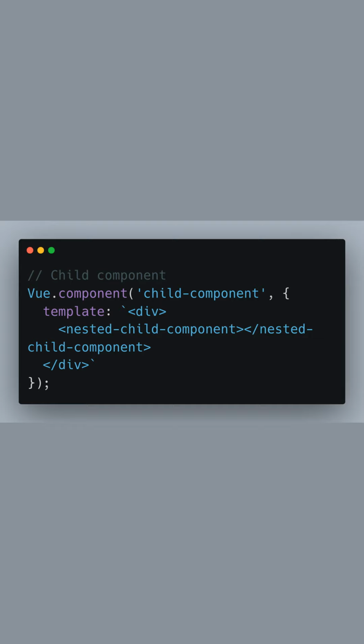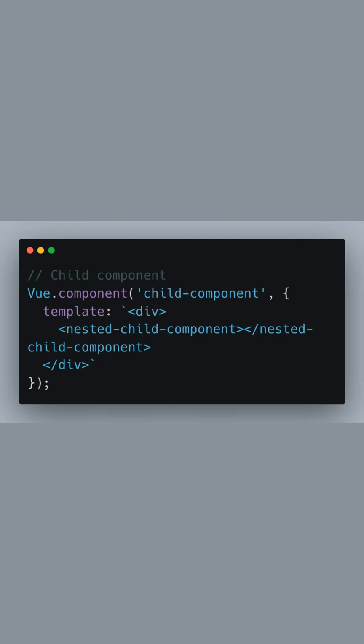Moving on to the child component, which we've simply named child component. Notice that within its definition, there's no need to use provide or inject. The template only needs to declare the next component in the hierarchy, which is the nested child component. The child component acts as a bridge in our component tree, allowing the nested child component to receive the data